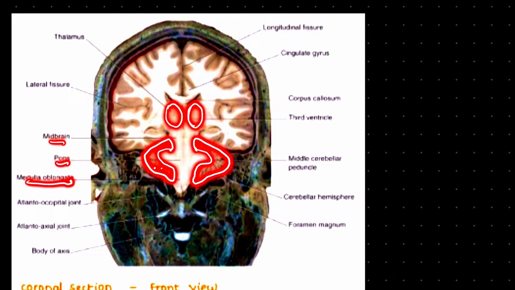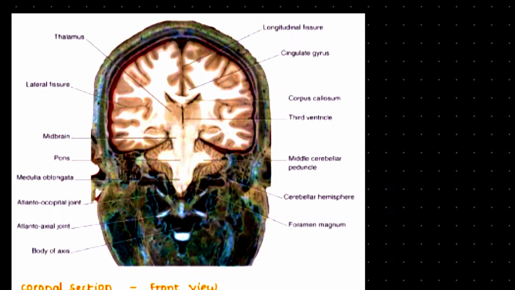These are our thalamus. Between these thalamus we have got what? We have got the third ventricle. These are the things that we need to keep in our mind right here. Now moving further,